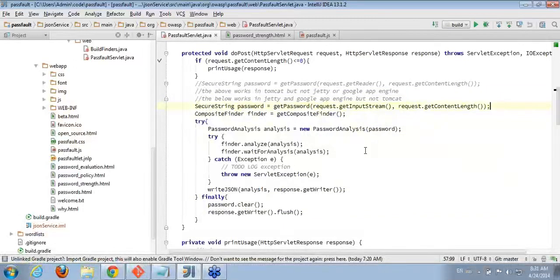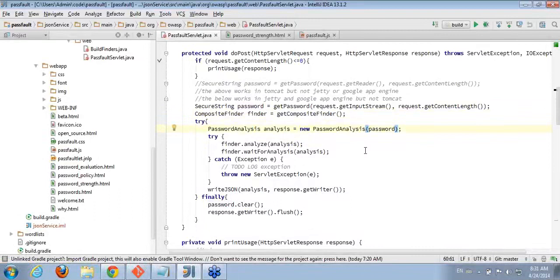I don't use any of the extra features to parse parameters because I don't want them in strings again. So I just read it straight from the input stream. I build my finder. It's a composite finder because it's combining all of the different pattern finders into a multi-threaded finder. So I pass the password into this password analysis.